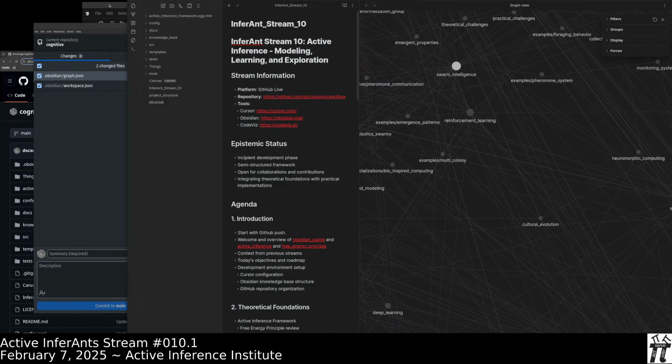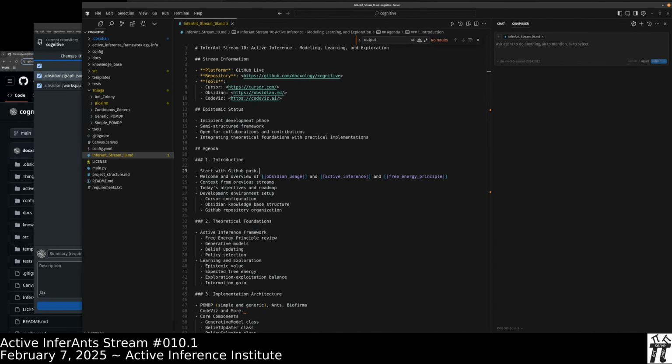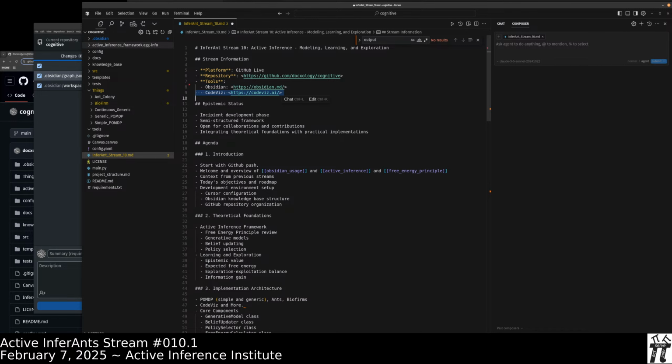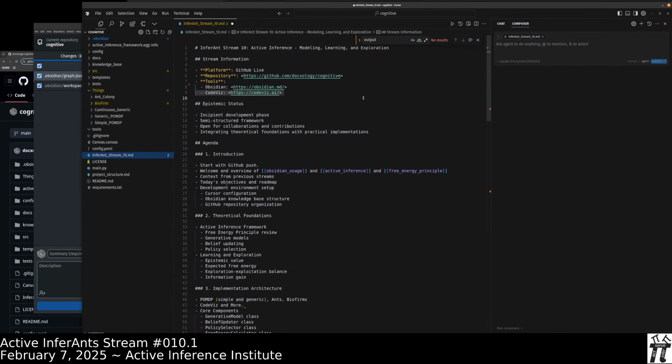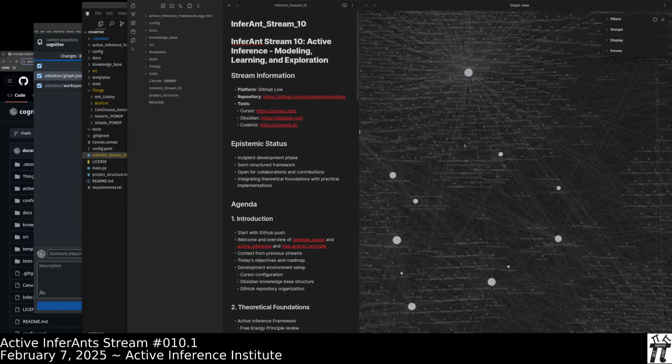All right, so previously on Active InferAnt streams, we've heavily featured the Cursor development environment tool, and that's going to continue to be used, as well as seen a little bit with CodeViz, and that's going to come into play again. And in this stream, for plain text, surprise, education, and delight, we're going to be working a lot with Obsidian.